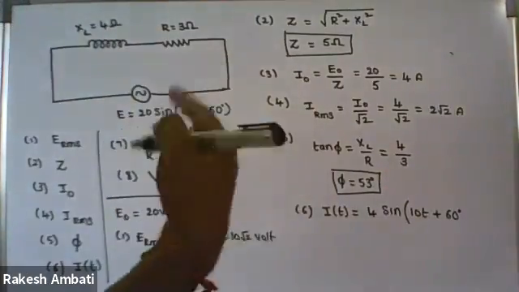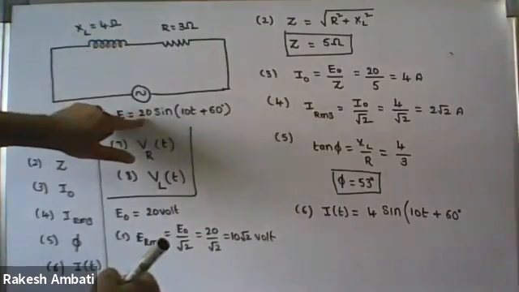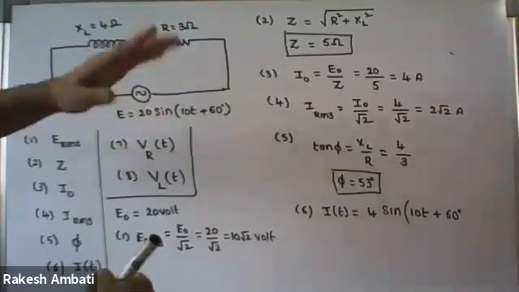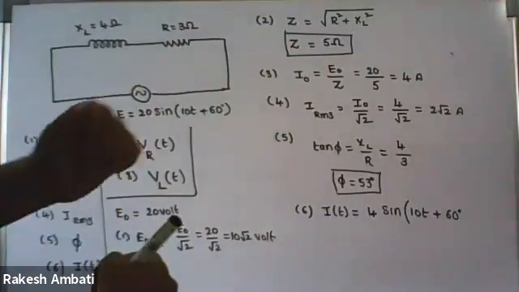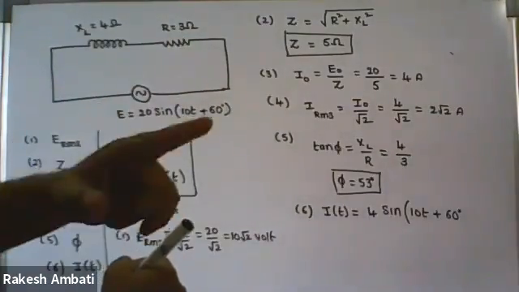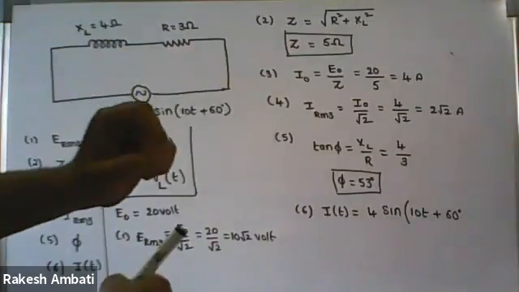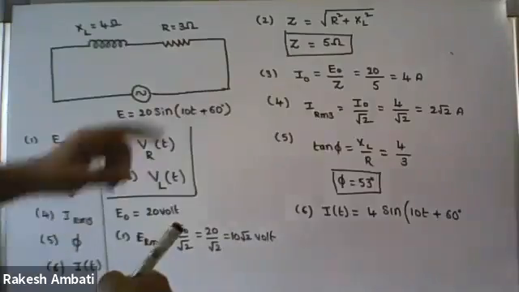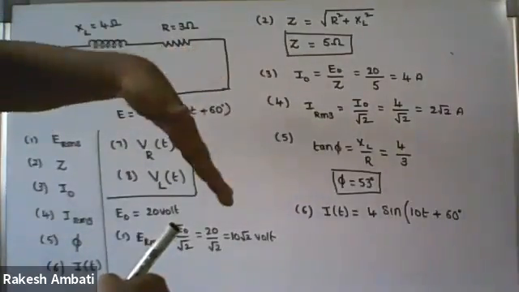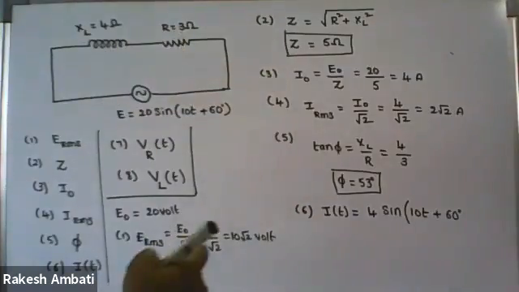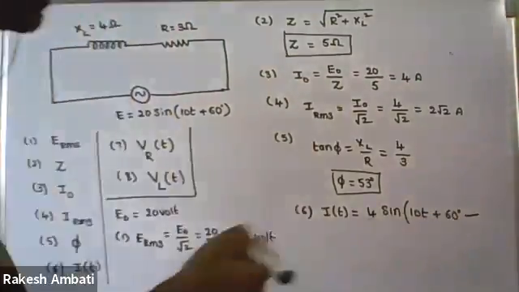You please try to recall in the case of LR circuit with respect to EMF, current leads or lags? Lags. I told you one short. Whenever inductance is present, definitely current lags. In the case of LR circuit, with respect to EMF, current lags. Lags means plus or minus? Minus.